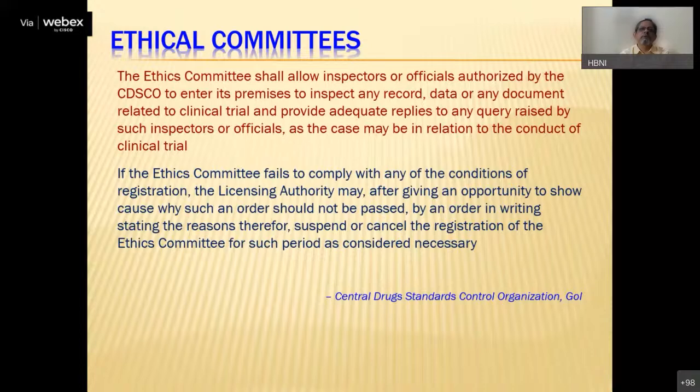Apart from, of course, the other ethics committees for cases of scientific misconduct and things. These are more important because they deal with human lives. And of course, sometimes they also deal with animals. We have very similar guidelines for ethics committees which deal with prevention of cruelty to animals and things like that. So these are some of the things which concern ethical committees. So I think with this,